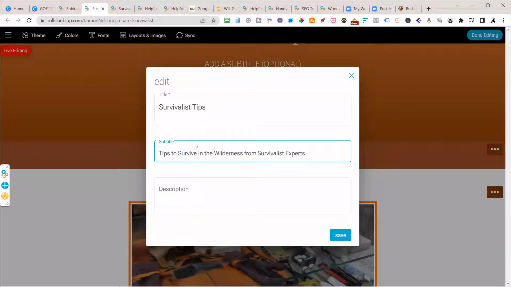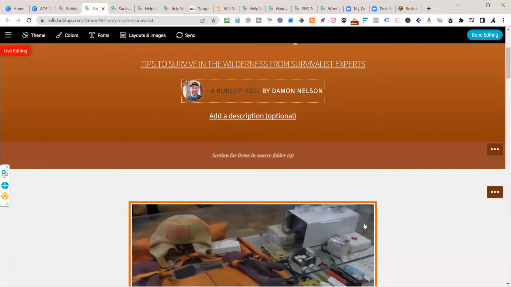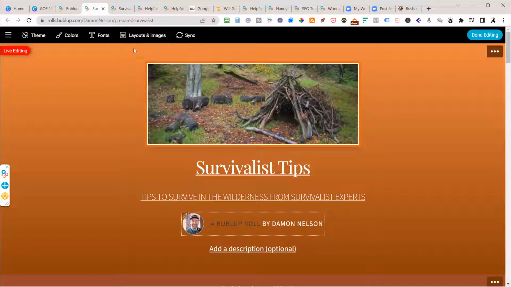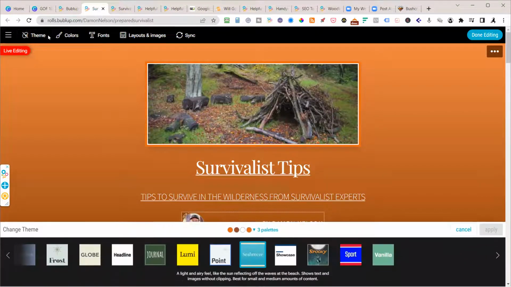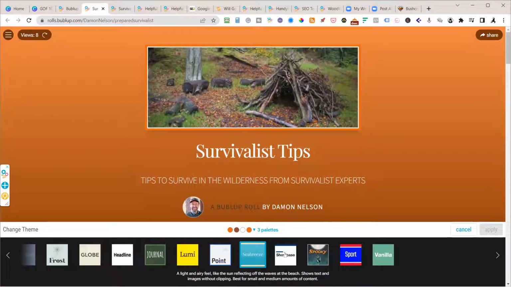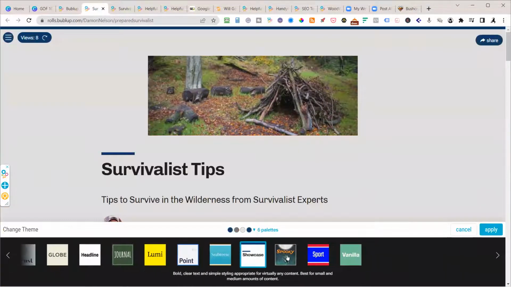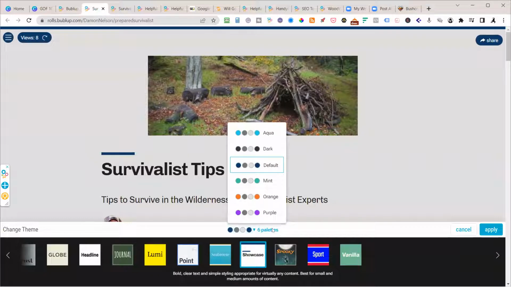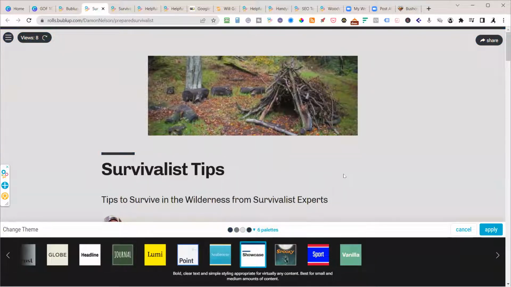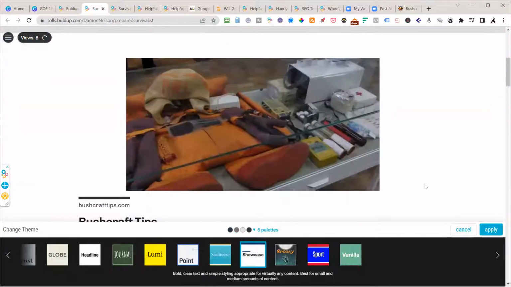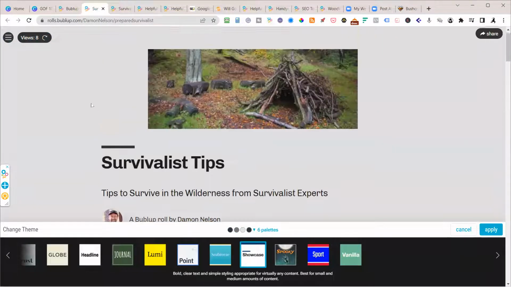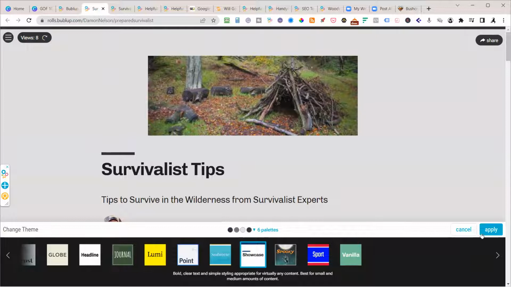Clean it up a little bit. Okay. I'd probably run copy through Jasper, kind of really make it nice in there. And then I'm going to come over here to theme, and let's give it a showcase. And let's put it into maybe a dark. Okay. And then I'm going to come up here to apply,